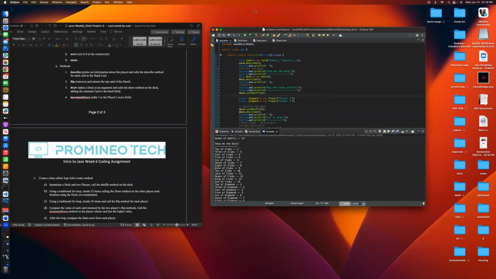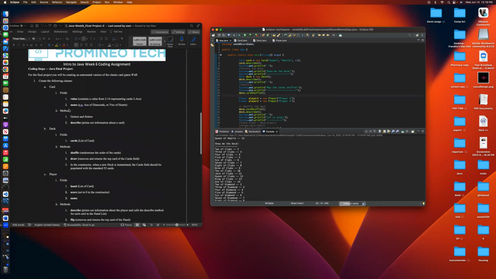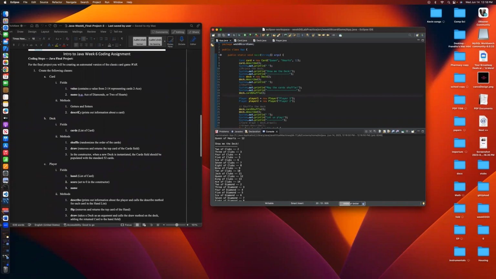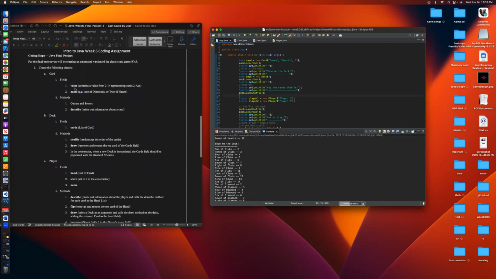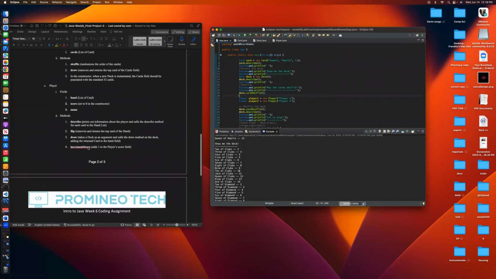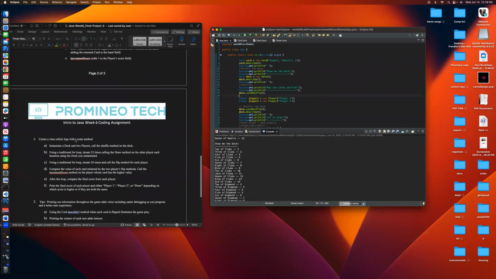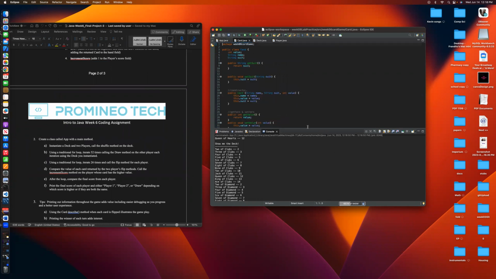Going to go over the card game. Following this, we created three classes, which are Card, Deck, and Player, and a main class called App. So this is my card